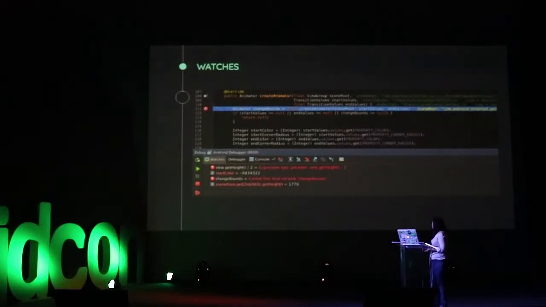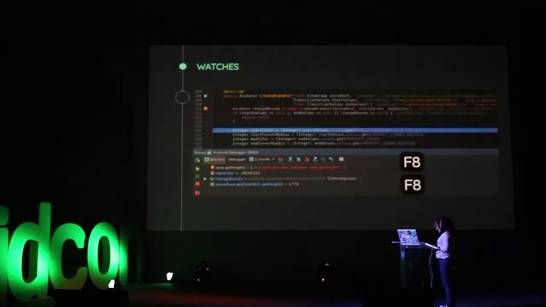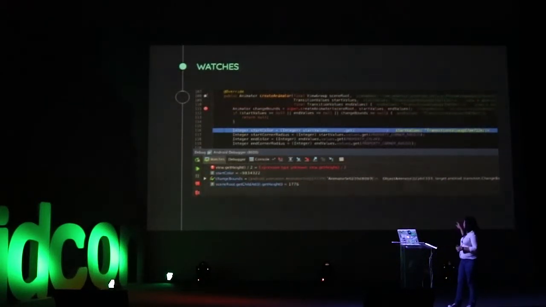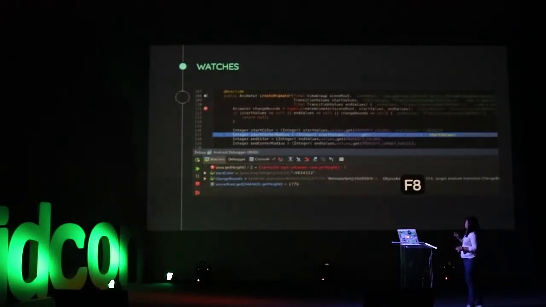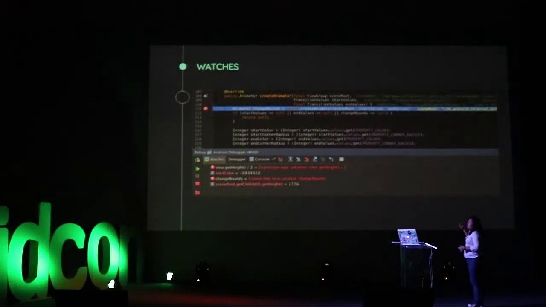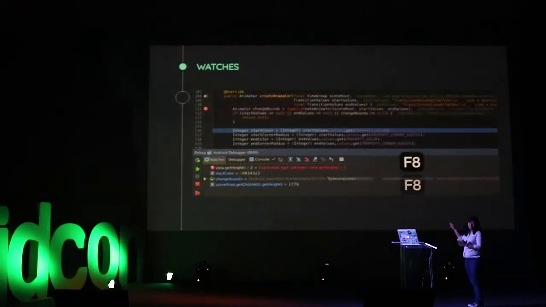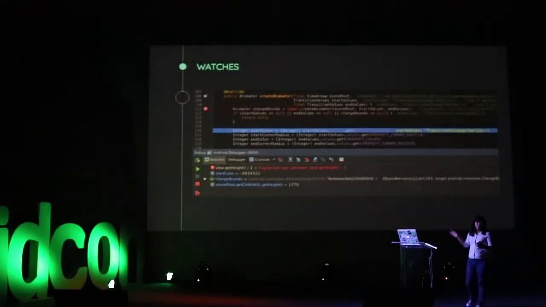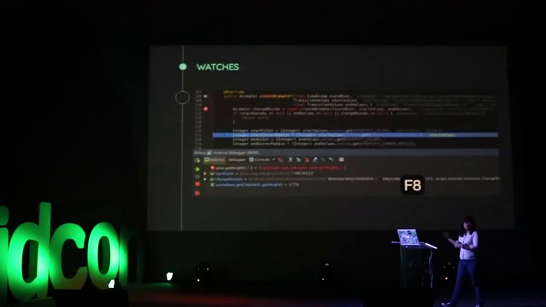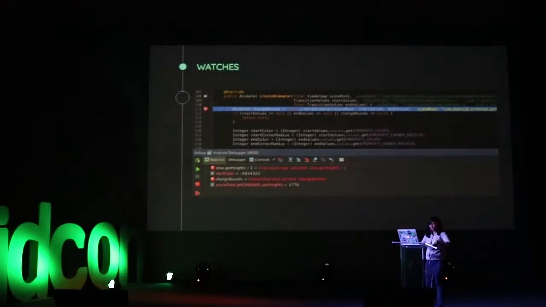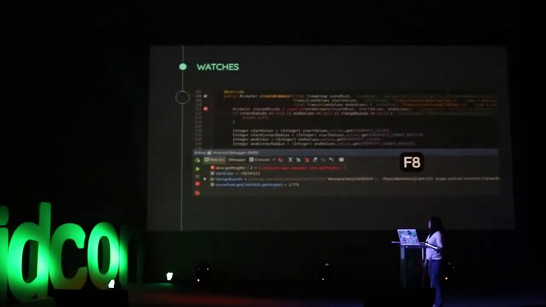I'm showing here that once you step through the code, you press F8 to step through the code. Every time you press F8, the watches pane will update dynamically with the values as it resolves stuff along those steps. So it's kind of useful.